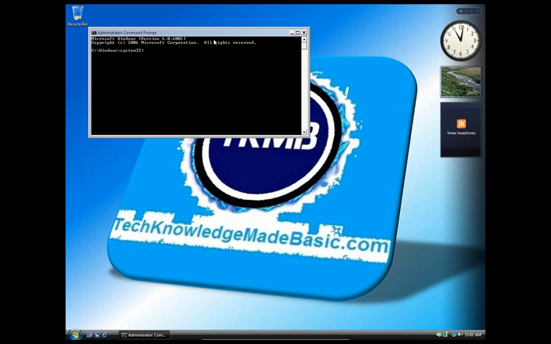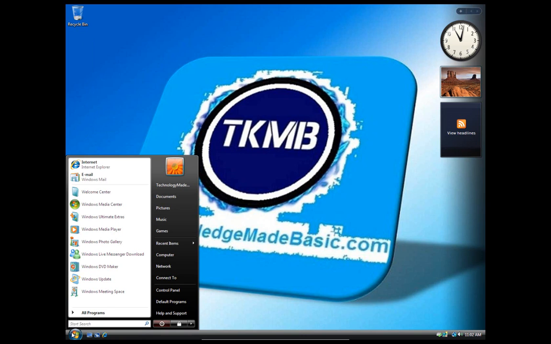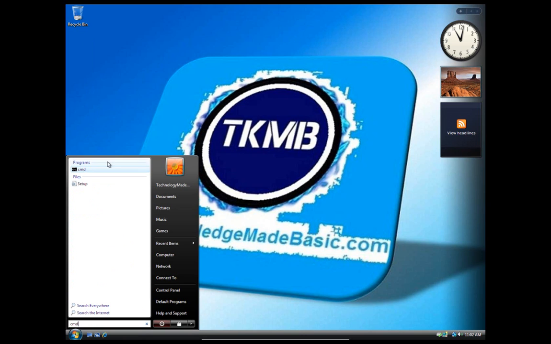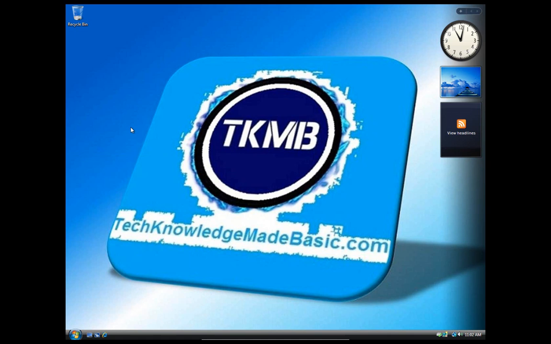Another way to get to the command prompt, because like I said, if you have a virus on the computer, it may have stripped down your start menu to where you can't access anything. You can go ahead and hit start and type in CMD and run as administrator that way, similar to the same thing we just did. Or oftentimes you can't even get to the start menu depending on the issue that your computer is having. So what we can do is hit Control-Alt-Delete,